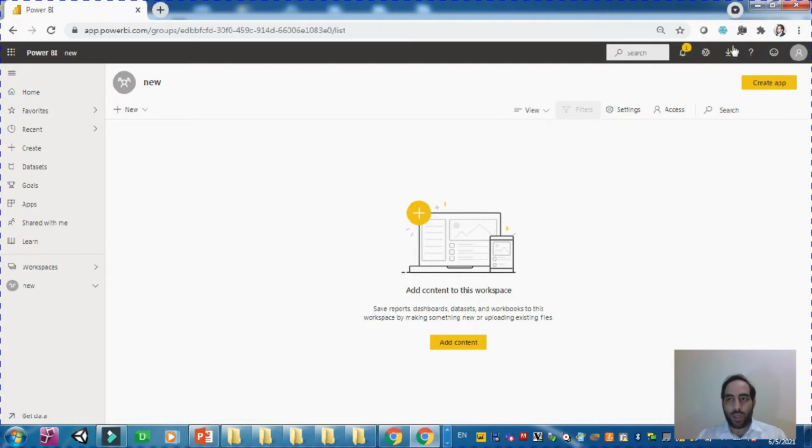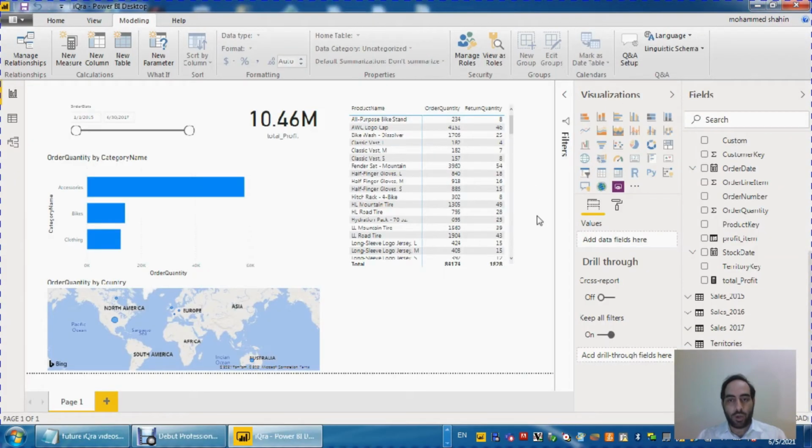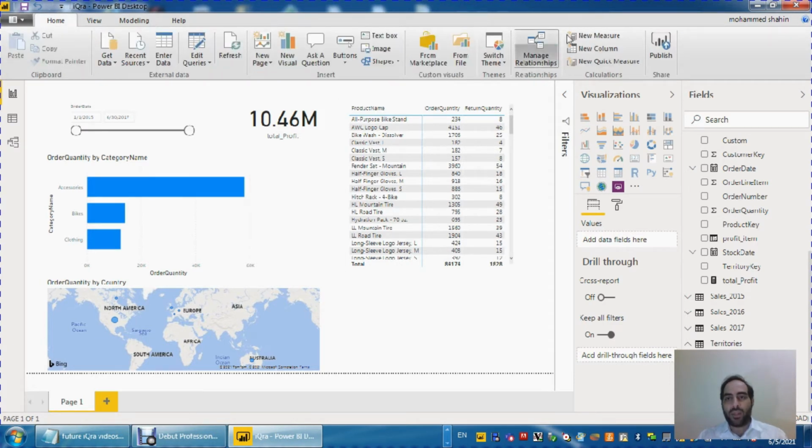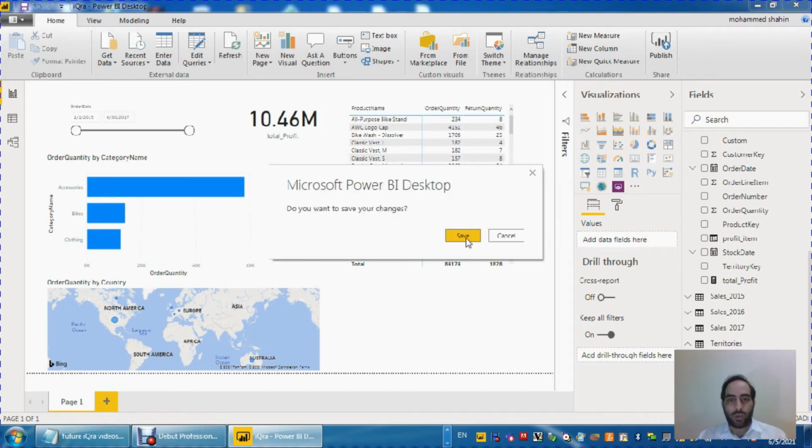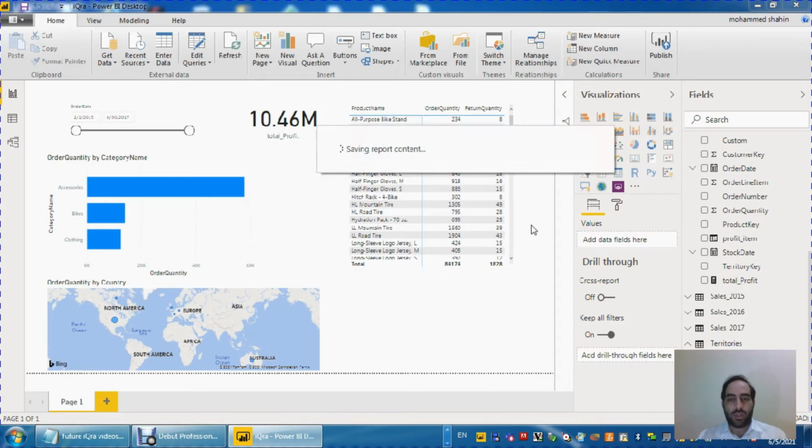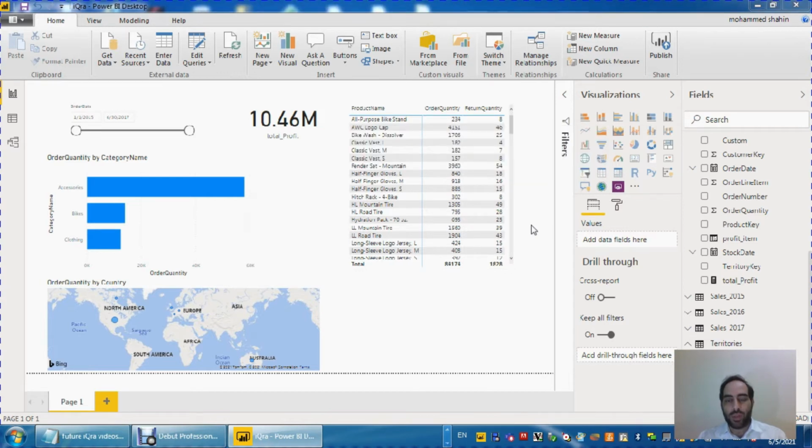And now what I need to do, I need to go to Power BI desktop, and I should be able to publish it from Power BI desktop into Power BI service. Means now I'm going to upload my report into the cloud. Fine. For this to happen, I need to go to the home tab, and then here I will find the publish button. Just click on it, and then after that it's going to show you all the workspaces available. So I'm going to save my changes, and now we will see all the workspaces available within my account in